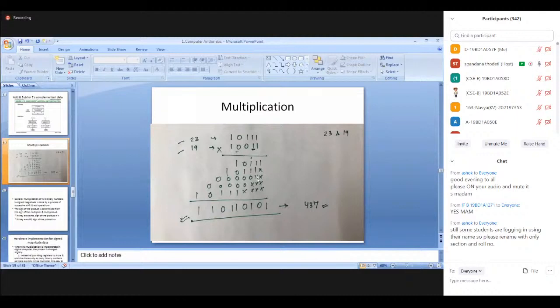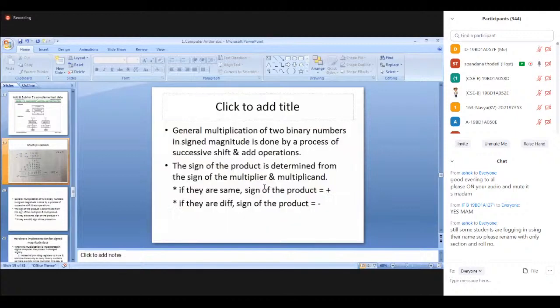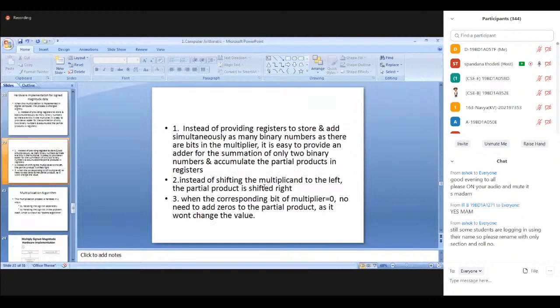Next, the third partial product is generated. That will be added to the previous sum. That sum will be updated. So whenever the fourth partial product is added, that will be added to the previous sum, and the previous sum will be updated. That is the first change. So instead of having registers to store all the partial products, at a time you will generate only 2 partial products, and the 2 partial products are added, and the result will be stored in a temporary register. Whenever a third partial product is generated, that should be added to the previous sum. That is the first change.